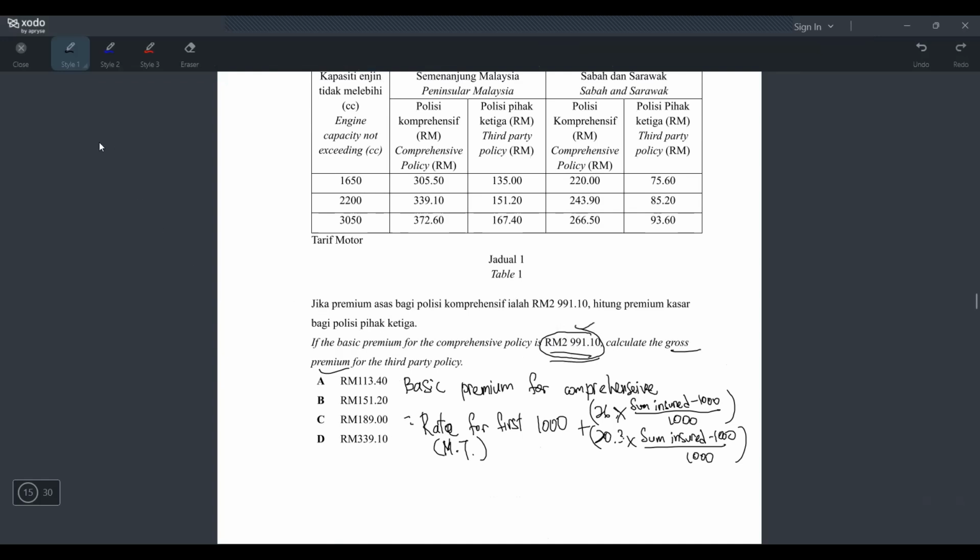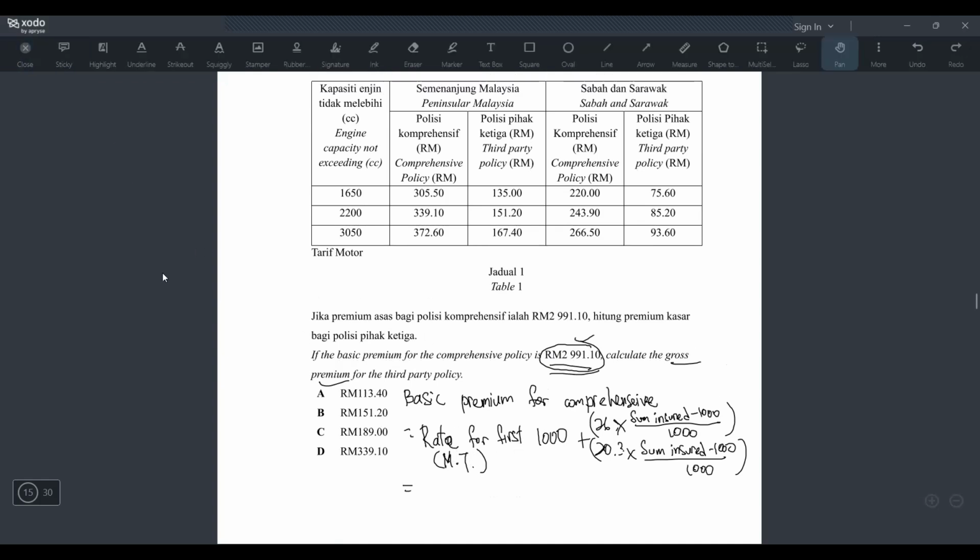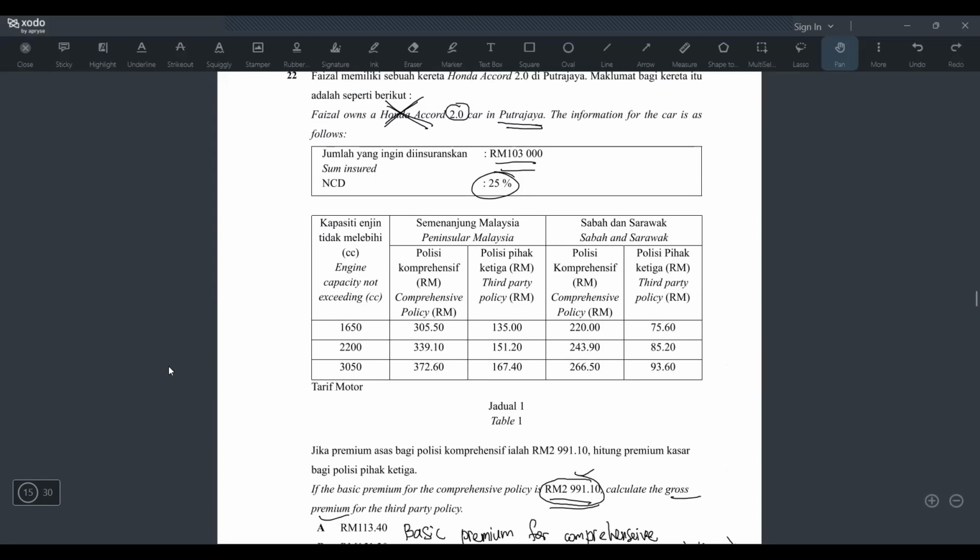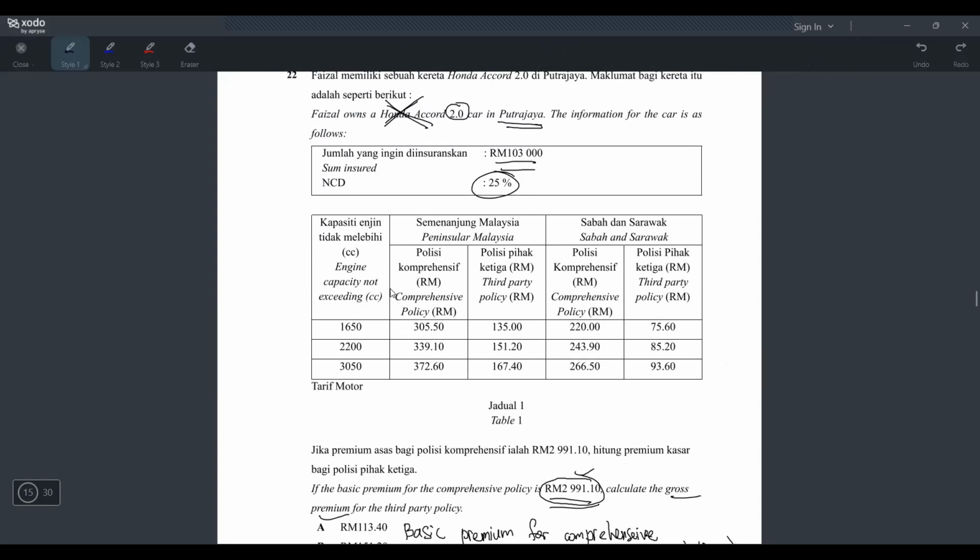So what is the formula just now? Take your rate for first 1,000, right? But how to get your rate for first 1,000? Look at the motor tariff. So let's look at the motor tariff. So motor tariff will be